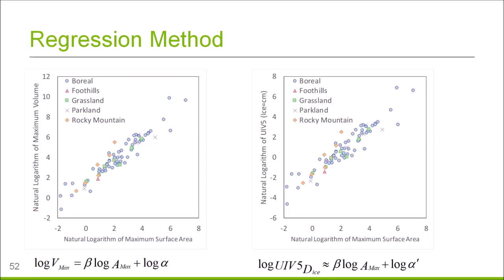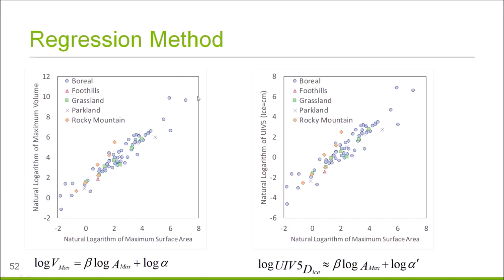Because lake surface area you can easily estimate from Google Earth or from satellite images, which are readily available to everyone. So if we can at least develop some sort of relationship between lake surface area and lake volume, it would be easier for those lakes where we have no information at all to estimate some sort of volume information. So in order to do that, on the left hand side of the plot,